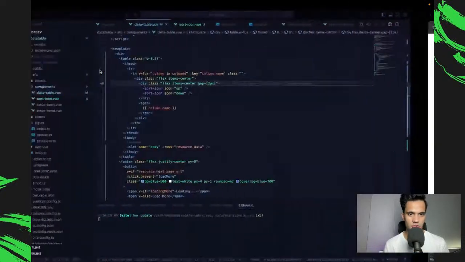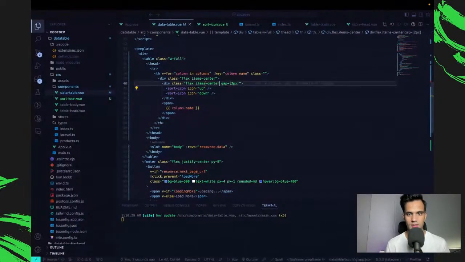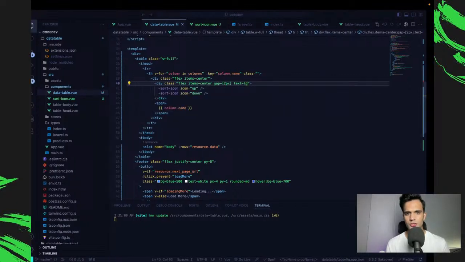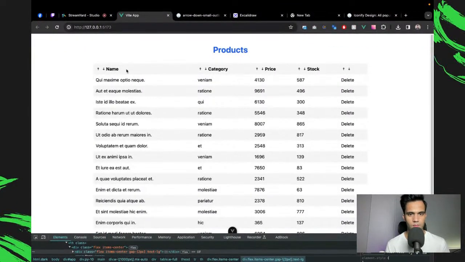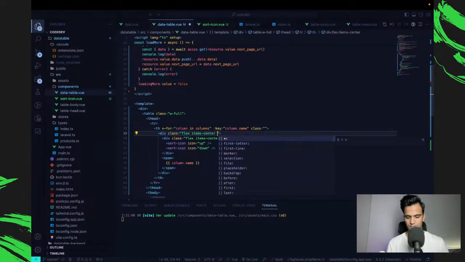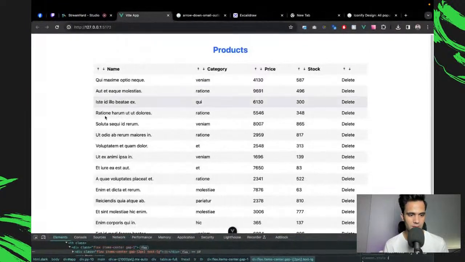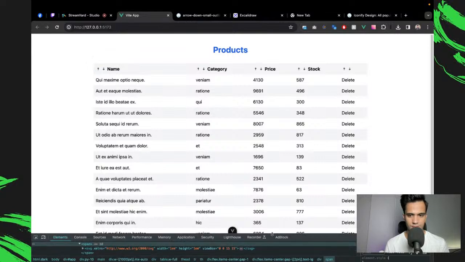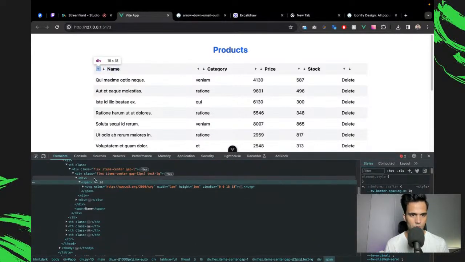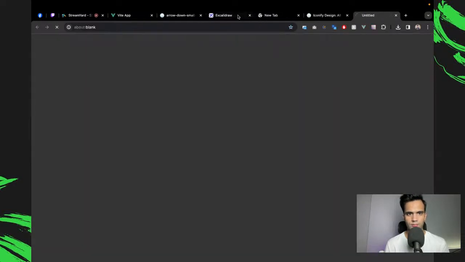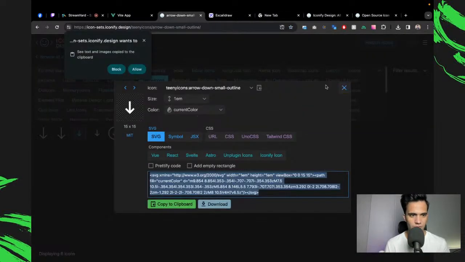I hate working with HTML sometimes. So let's just give this one a text of large. This remains as it is, but I do want this one to have some gap. So gap 1 would mean a 4 pixels gap there. But again, these icons, I think I'll need to change them because they don't really look as good as they should be. Or maybe it's the div which is causing the issue. I don't want to spend too much time on the icons, but I think I'll have to.